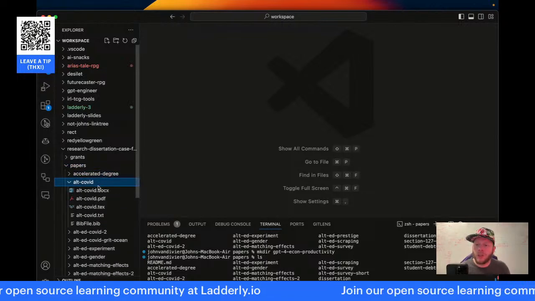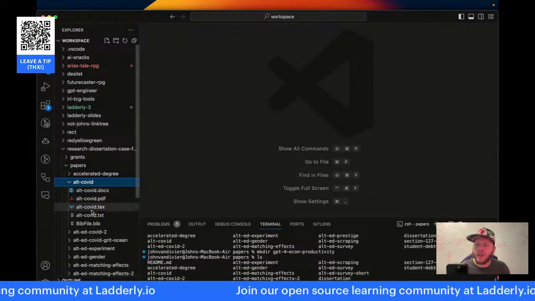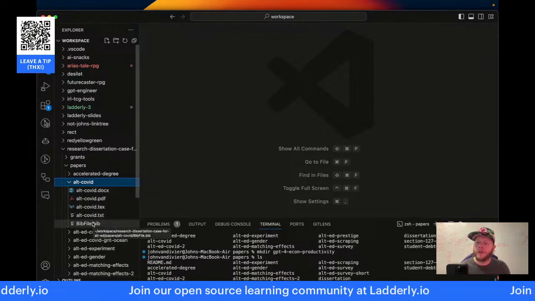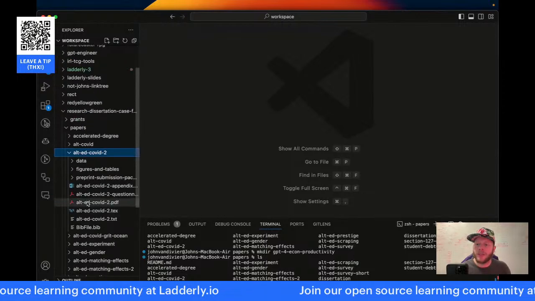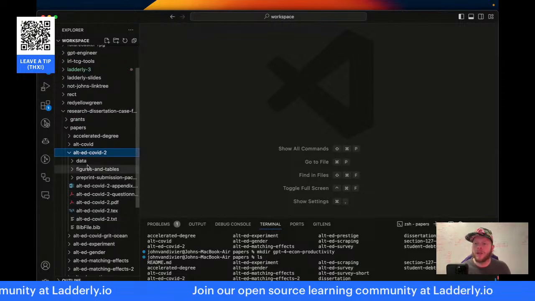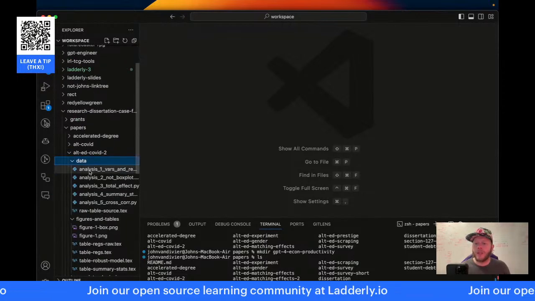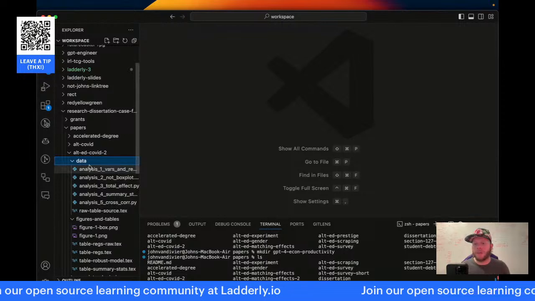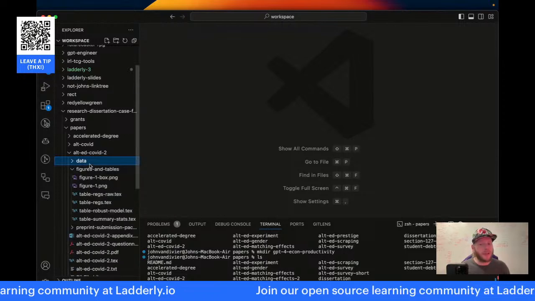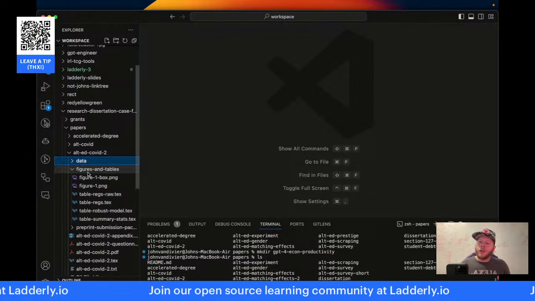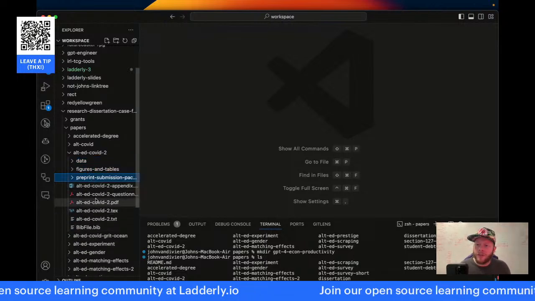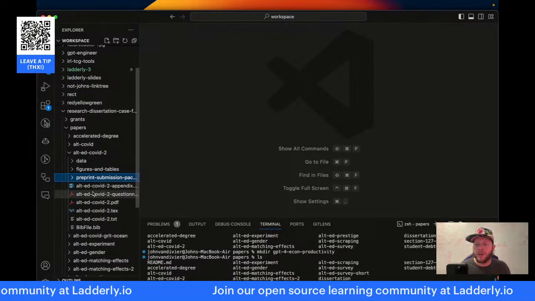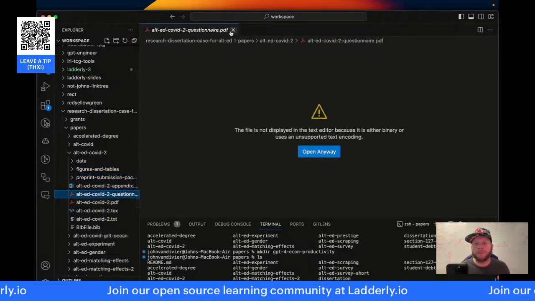docx, PDF, txt. So this is a lightweight structure. There's no analysis in there. Yeah, this is more of the heavyweight structure that I need. So there's going to be a data folder with, we're going to use Python. Yep, sometimes I'll use Stata or something else, but I'm definitely doing Python this time around. Figures and tables, preprint material, and then the state-of-the-art material, which is like the current version.